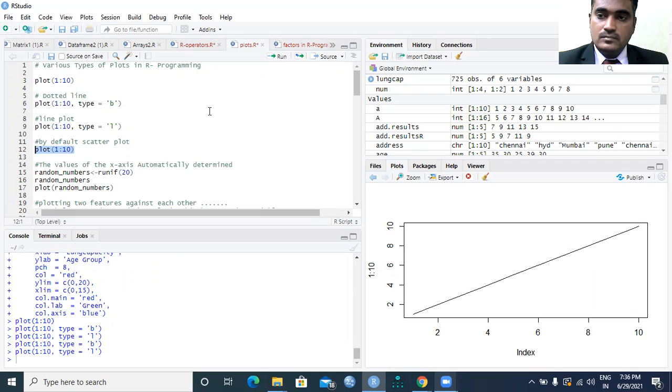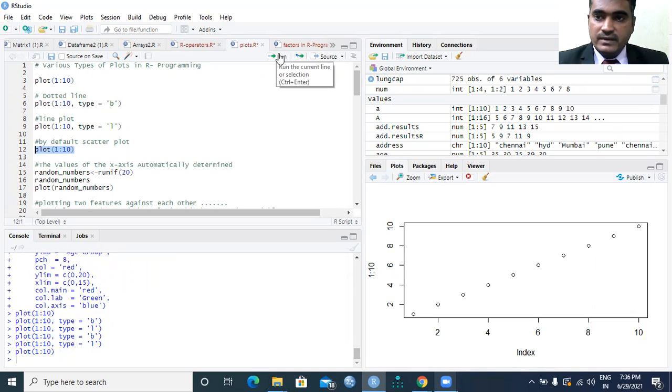If you give some values from 1 to 10 or from 1 to 20, by default it will take two different axes, the x-axis and y-axis, so dependent variable and independent variable, right? That's what we can see.